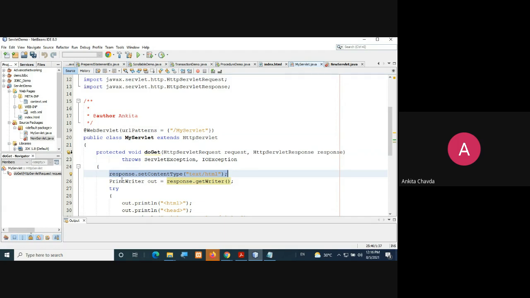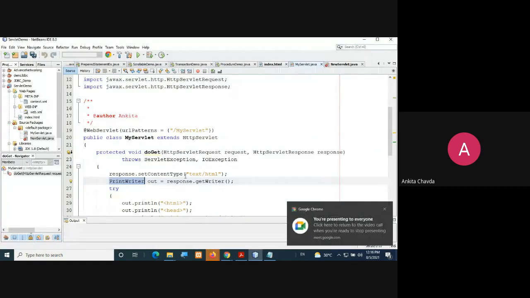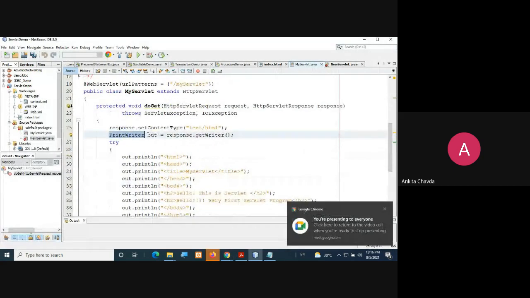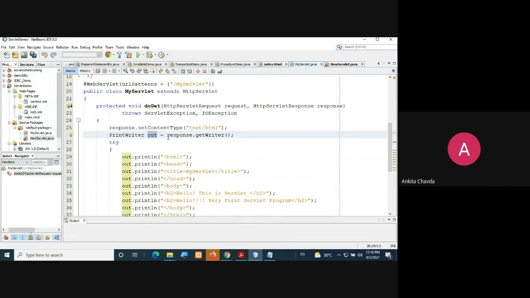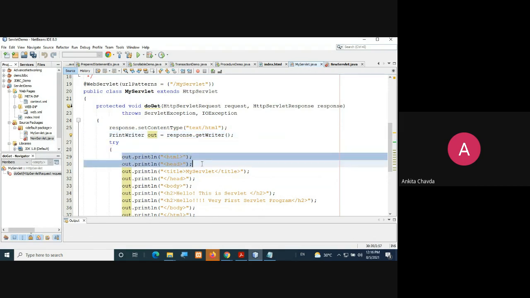So here you are creating an object of the PrintWriter class, via which you can write something. So that is why I have created PrintWriter out equals response.getWriter. So I'll have the writer, and now I'll try to write something with out.println. All the things I'm sending are in HTML form, right?